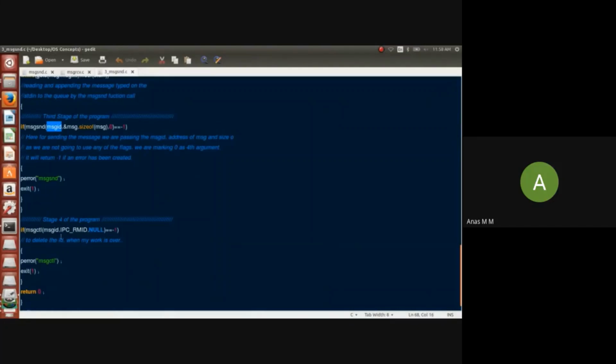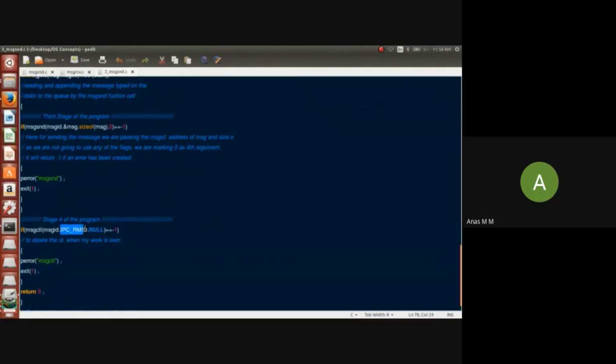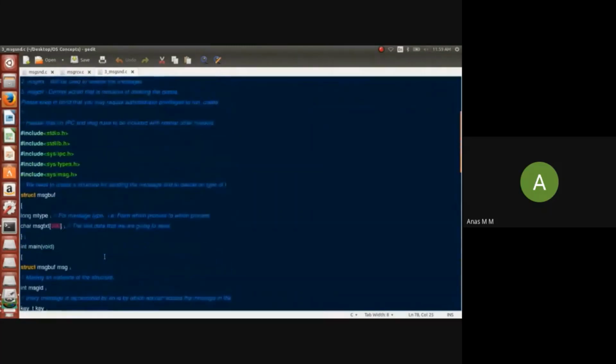Now finally, after sending the message and after the receiver has received it, we can delete it with msgctl, where I need to use IPC_RMID. This one we already discussed during the presentation. We can remove the queue using IPC_RMID. After all the operations that we have done, using the msgctl command we can remove the message queue ID. RMID is nothing but remove ID, or you can manually remove the queue also. It is preferable to add the code for the removal in the main code itself. Now, just to recap, what did I do?